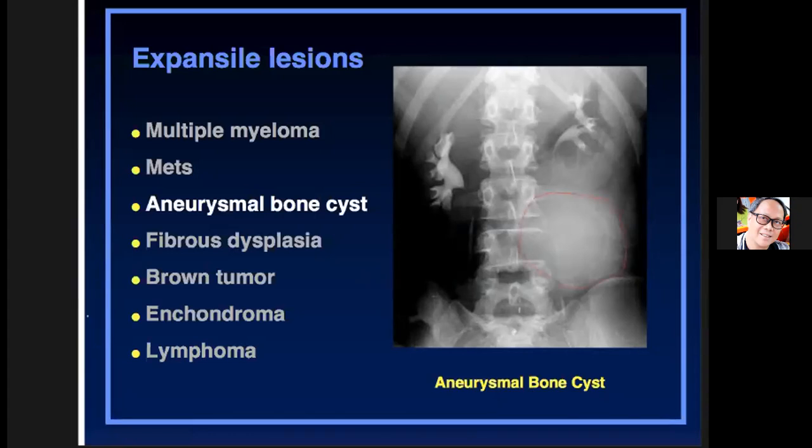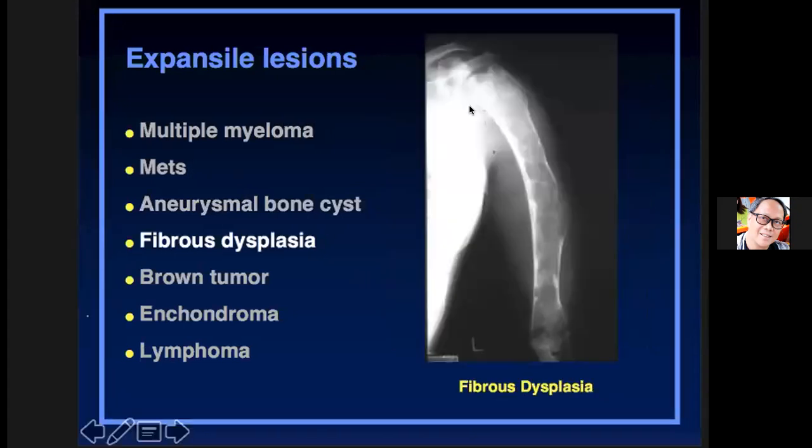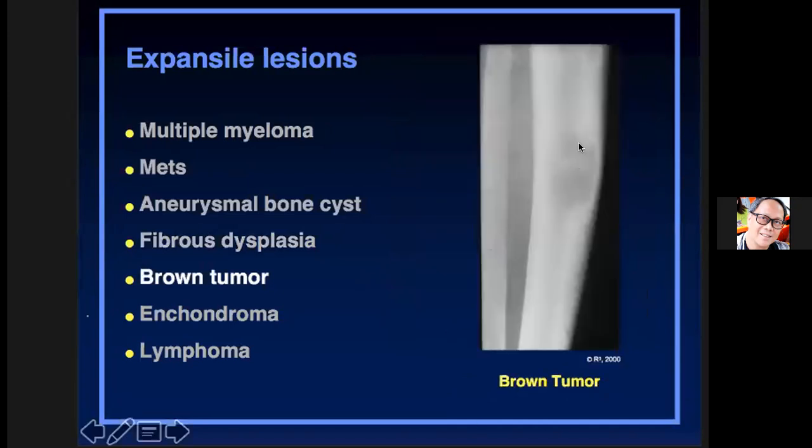Okay, and this one is fibrous dysplasia. No? There is already a pathologic fracture. No? Okay, this one is a hyperparathyroidism, brown tumor. No? You have the expansile change in the intramedullary region of the